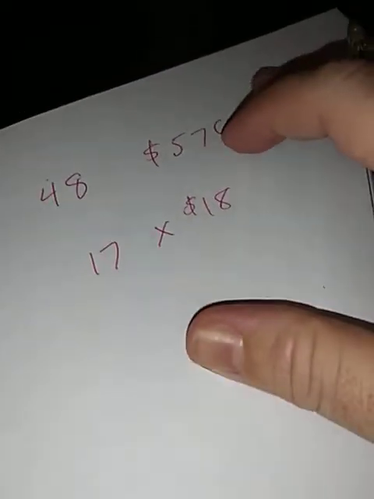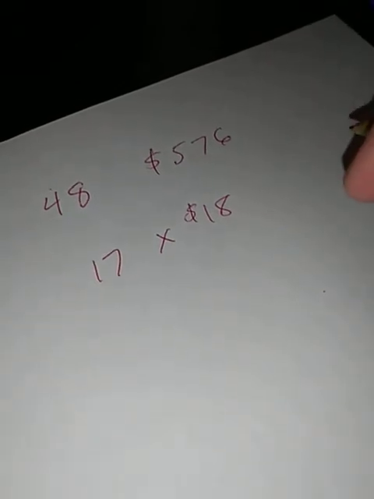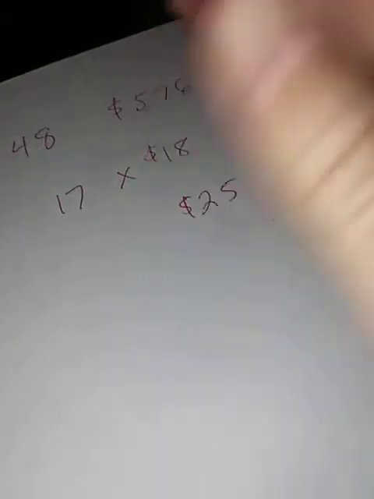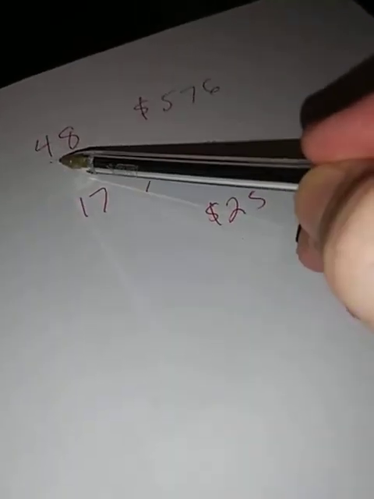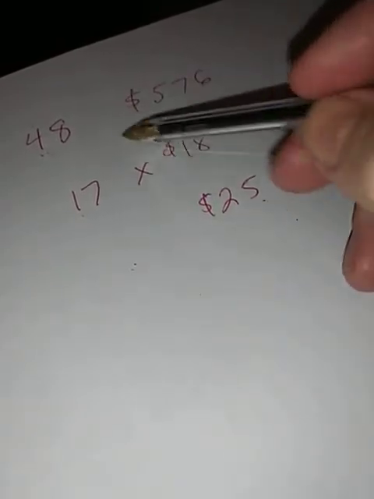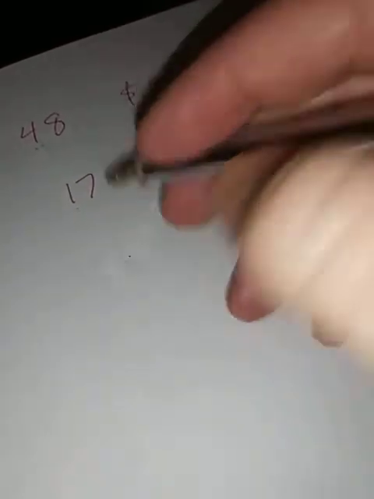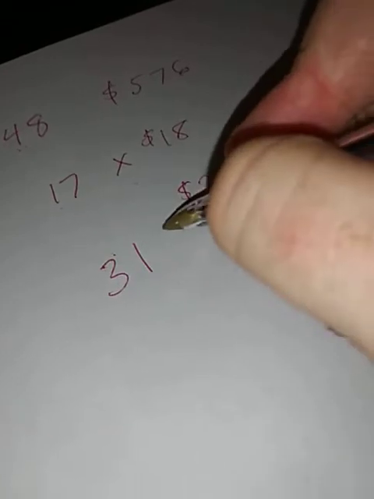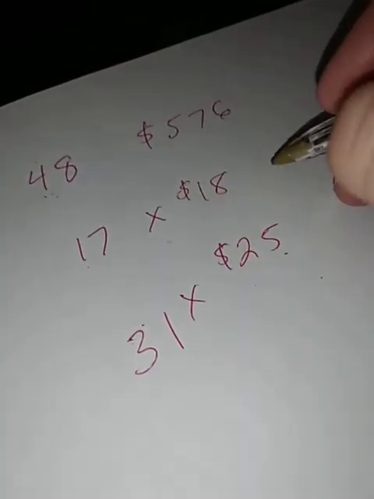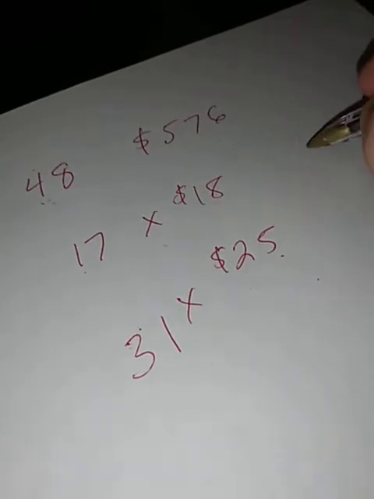So that's 17 times 18. And the rest were sold at a department store for $25 each. His original was 48. He sold 17 of them. How many did he sell for 25? That's 48 minus 17, which is 31, times 25. So 17 times 18 is going to be